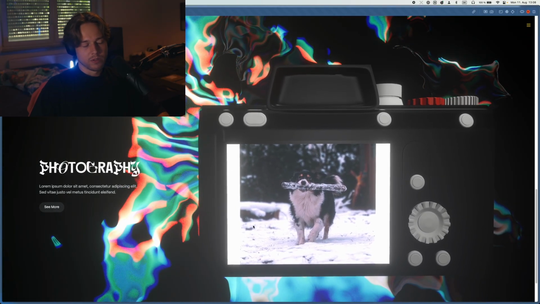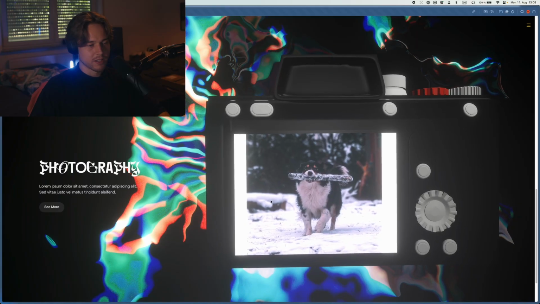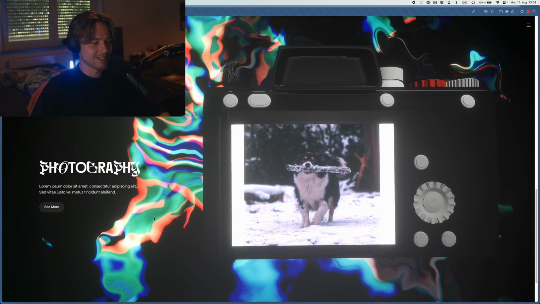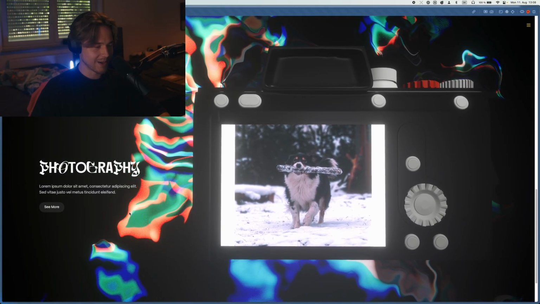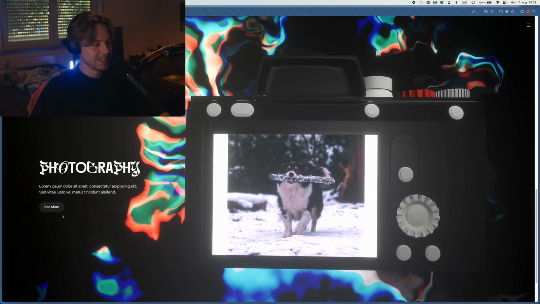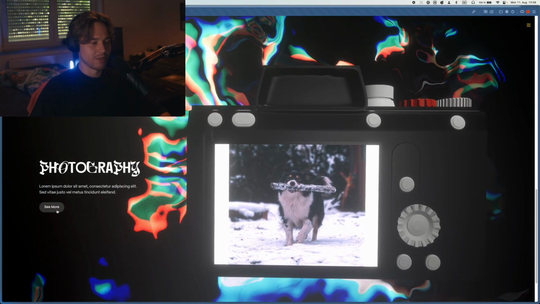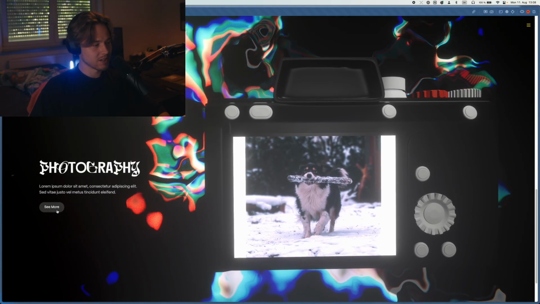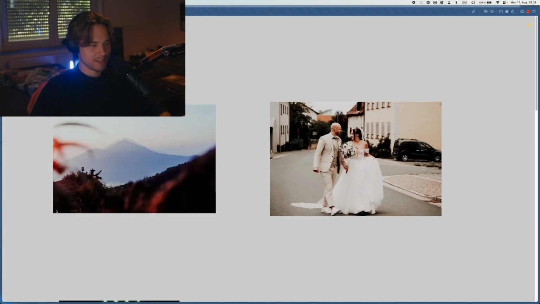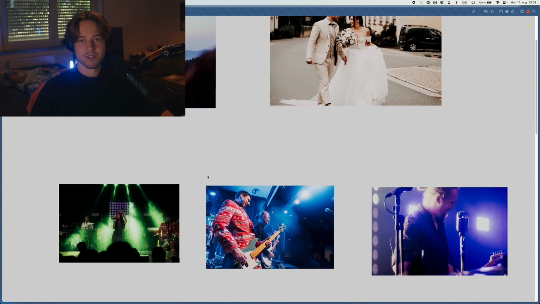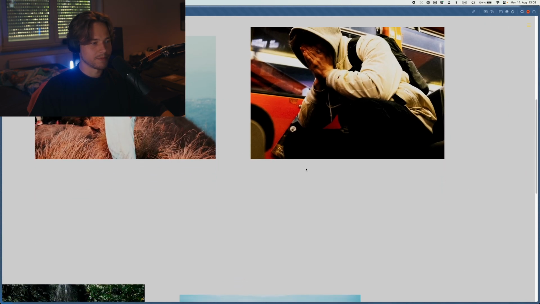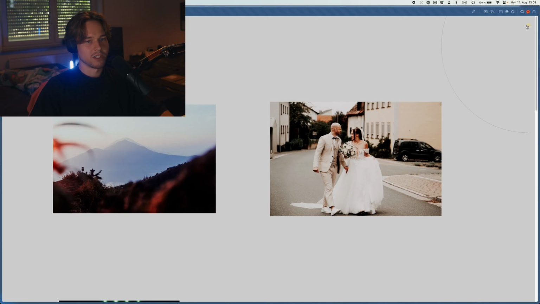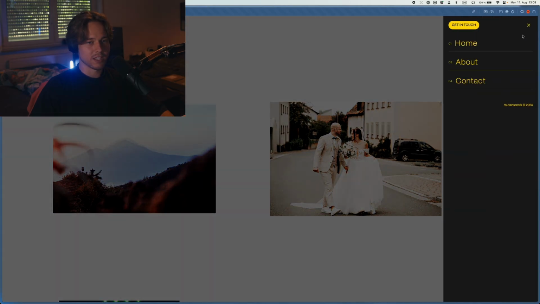But I wasn't really able to figure that out to get it working like how I imagined it. So I just scrapped the idea and kept it simple. So right now I've tried to fake a camera flash, like when you take a picture. That's what's happening here, and then you just transition to the gallery view. And from here, I just decided to build a simple